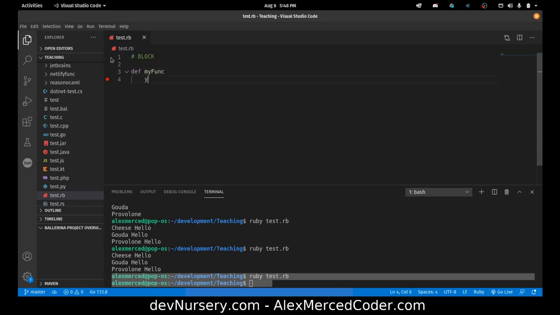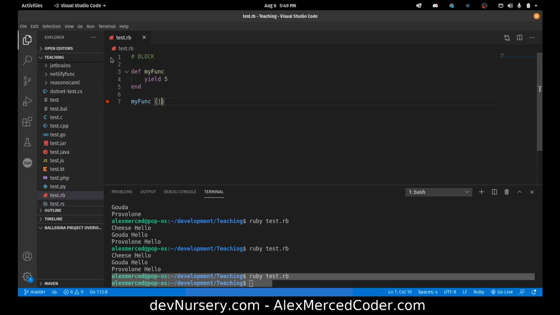which all it's going to do is yield something, and it's going to pass the number 5 into whatever it yields, and you'll see what that does in a second. Whenever you see the word yield in a function, what it means is that it's waiting for a block to be passed in. So if I were to run my func, I can pass it, and again, if there's only one argument, you don't need parentheses. Since there's only one argument that I'm passing, which is going to be a block, I can just do that. A block's going to be in curly brackets,